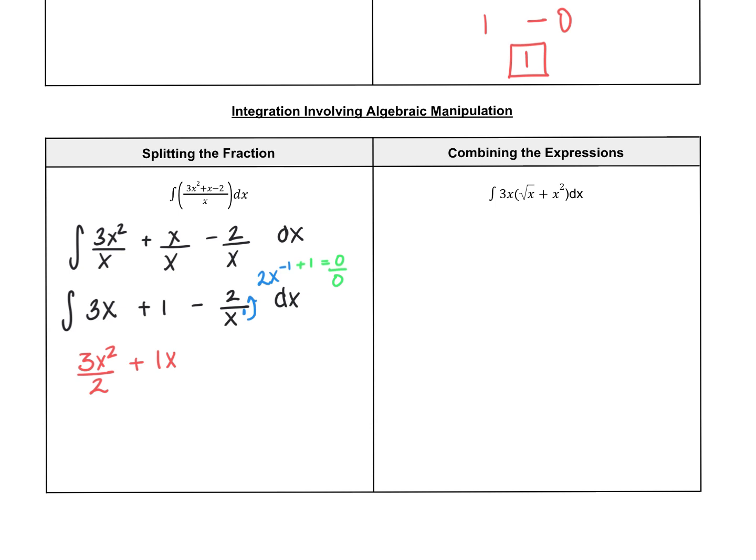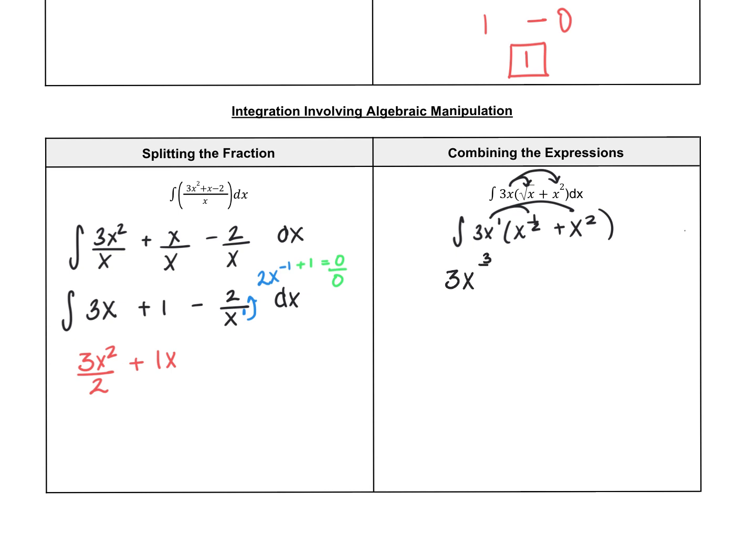Okay, sometimes you might need to distribute first. In the case like the second example here, we can distribute into here and into here. First thing I would do before distributing, though, is maybe rewrite this as x to the 1/2 and then plus x squared. So when I distribute, now it works where I can add the powers, right? When I have like bases, I add the powers. So I can make this